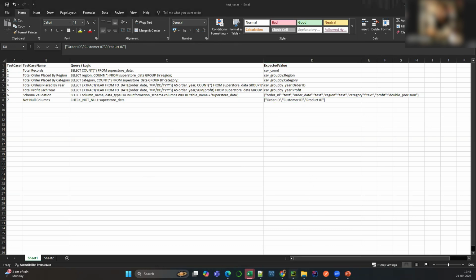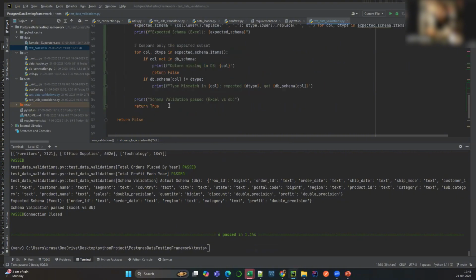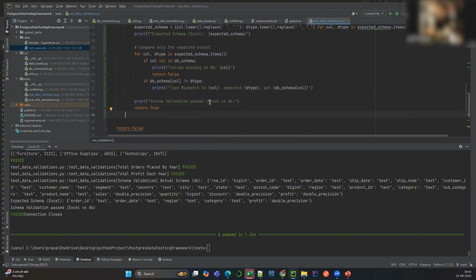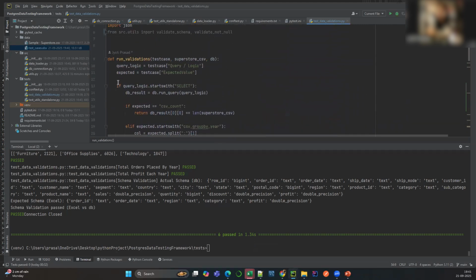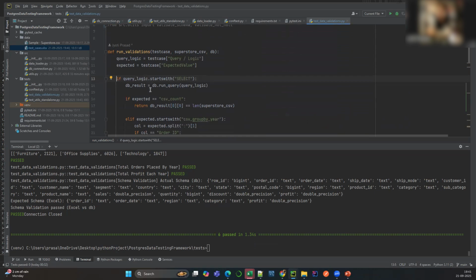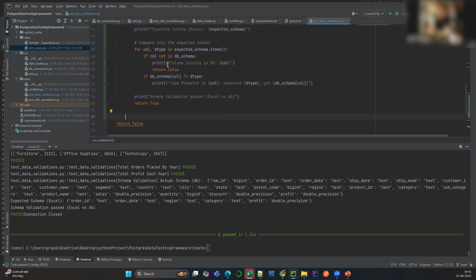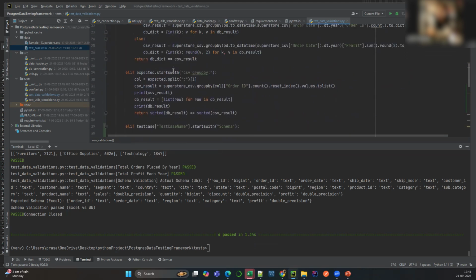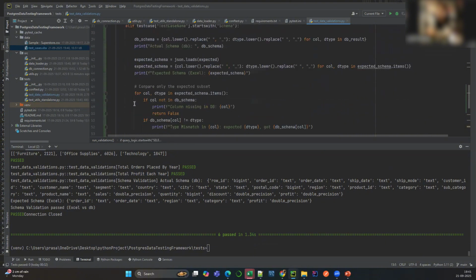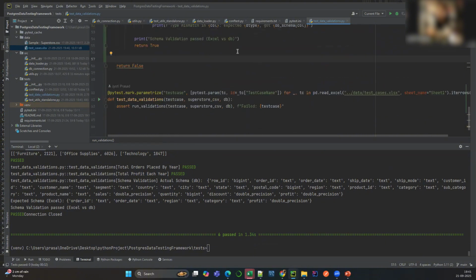So what we will do is we will create an elif statement, and this shouldn't be a subset of this. We will create the if here, and for this one we'll create an else statement. Let me create it here. No, not here. This will go here. Okay. So here we will write an elif statement for that. So that elif query will be like elif query logic dot starts with